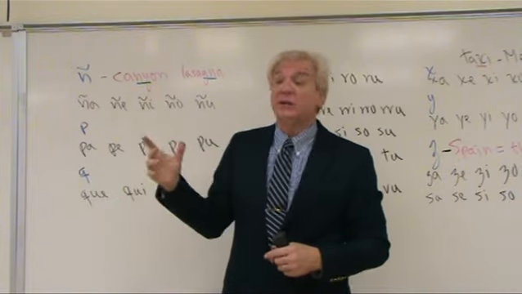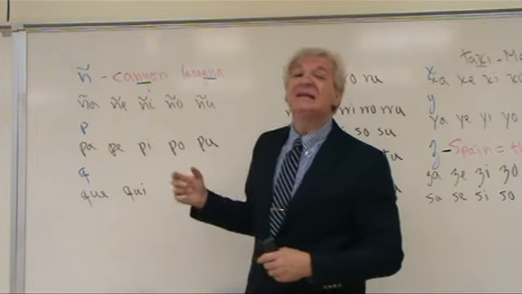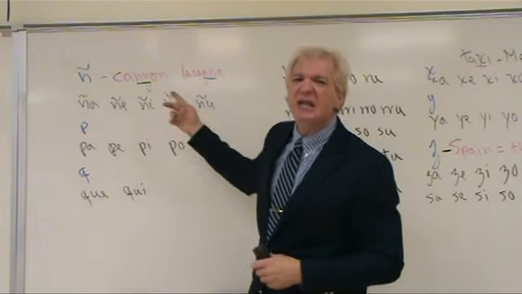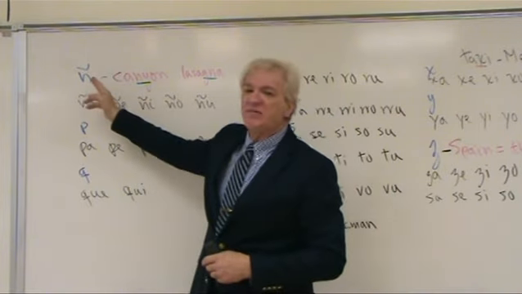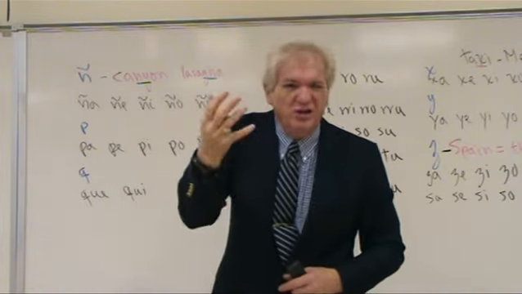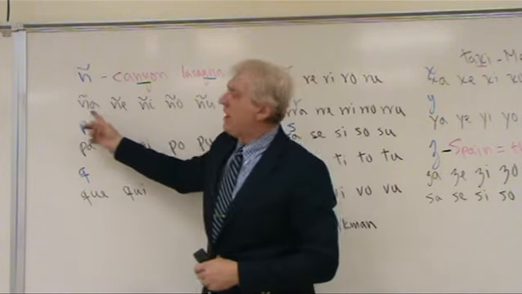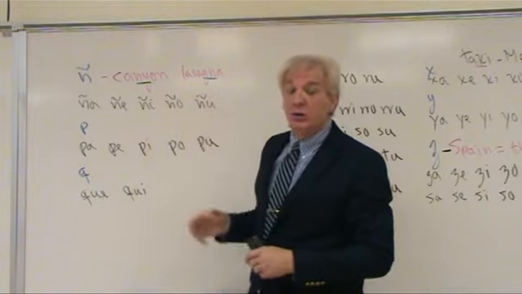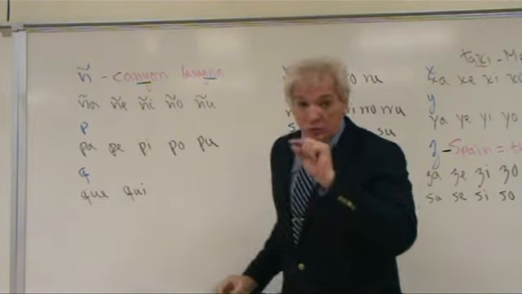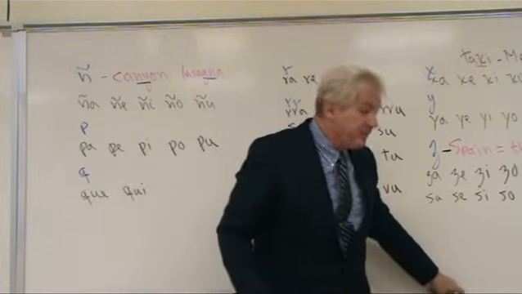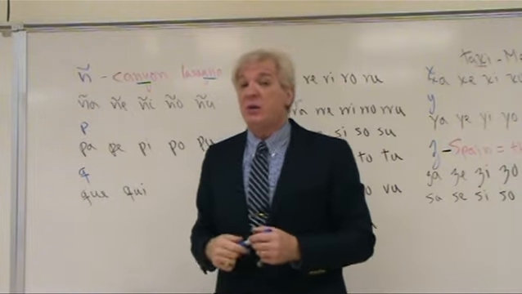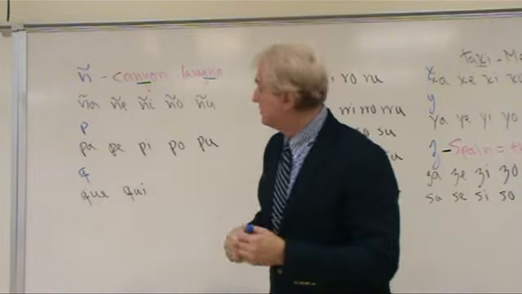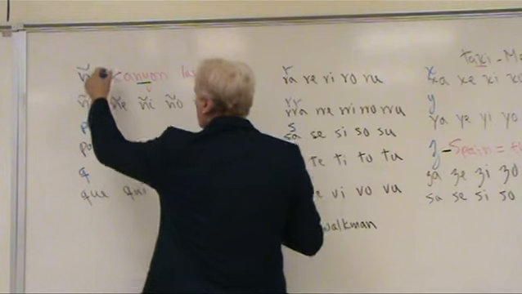The Italians do it with the GN as in lasagna. But in Spanish we have ñ, as in onion. We have ña, ñe, ñi, ño, ñu. And do make sure to put that little thingy on top of the ñ, because without it, the meaning of the word changes tremendously. For instance, this word,